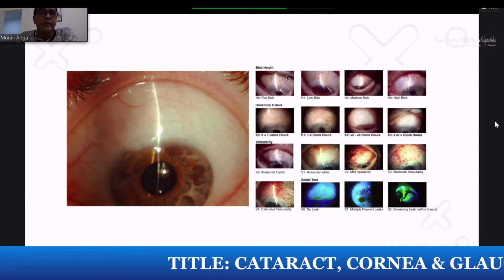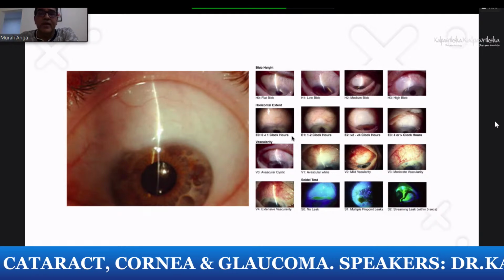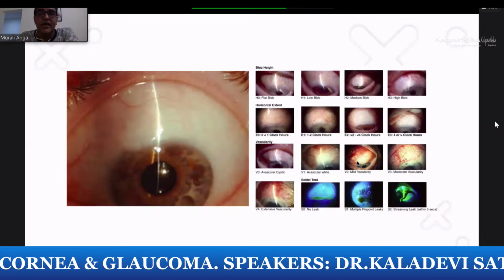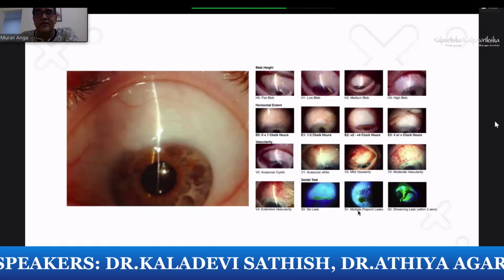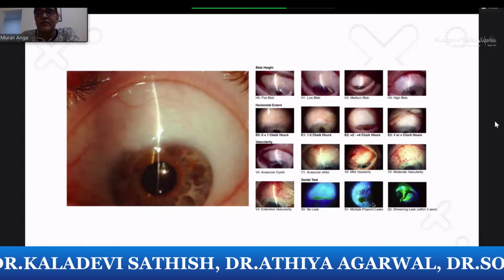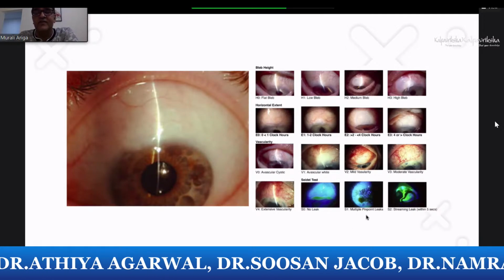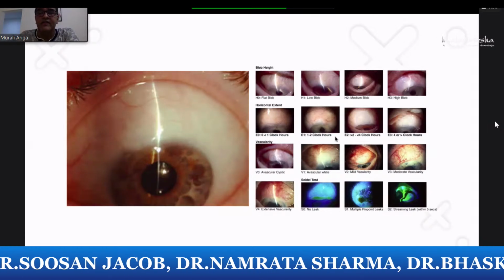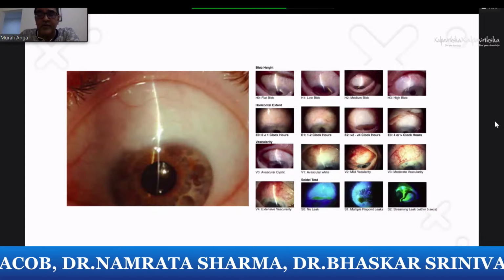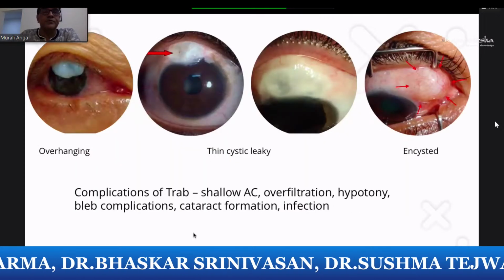So in a bleb, you must assess the height of the bleb, the horizontal extent of the bleb in clock hours, and the vascularity, and how vascular it is related to a scale like this. Very extensive vascularity usually means that you have some problem with bleb fibrosis. You should also check by a Seidel's test whether there's any leak and whether the conjunctiva is very thin in certain areas. So a bleb assessment post-operatively actually is very important to assess the function and success of the bleb.